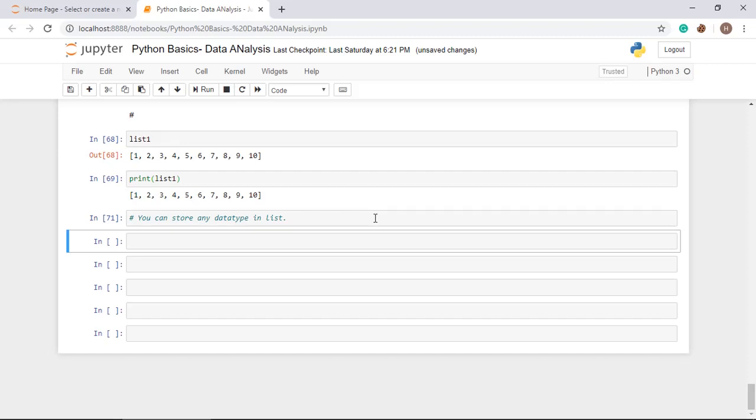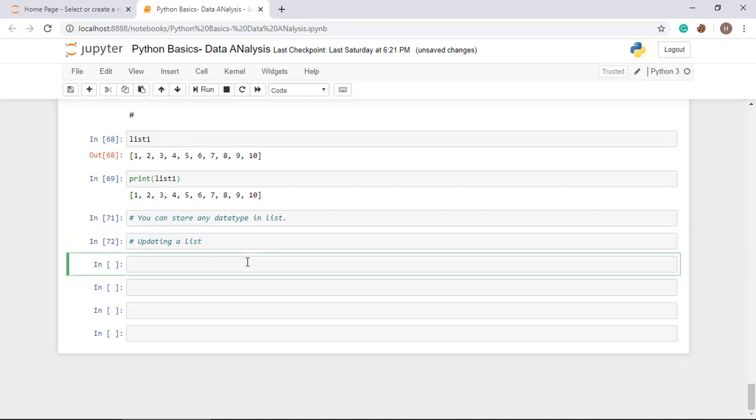Alright. So now we are going to study updating a list. Updating a list means how to put a new value in a list. We can use the dot append method. And always remember, a method is always recognized by the parentheses at the end.